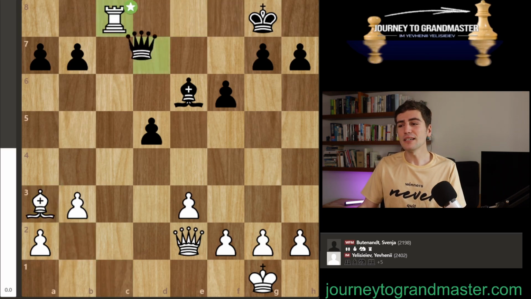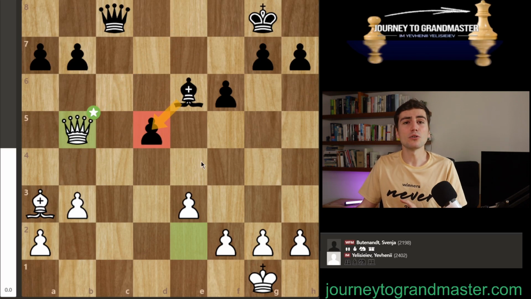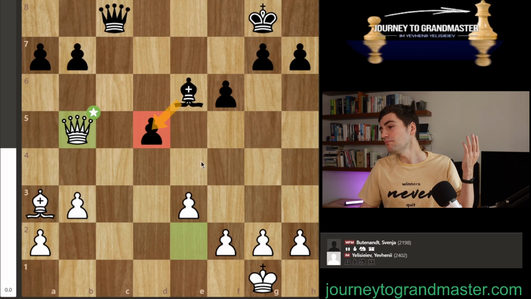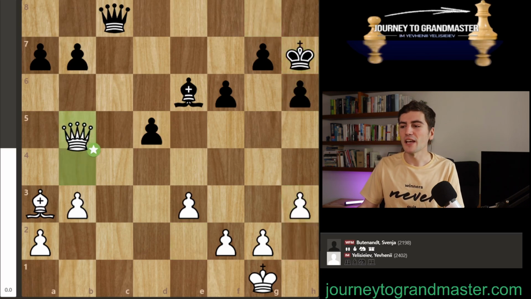But I thought at least I have some initiative here. I mean, my queen is more active, my bishop is more active, this bishop has to be there to protect this weak pawn, and so that all gives me some optimism. The engine, like always, doesn't care, 0, 0, 0, no chances whatsoever, and that's exactly what happened in the game,